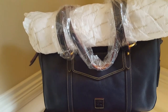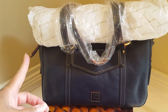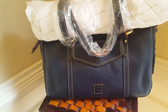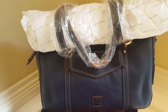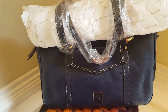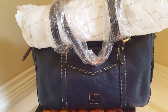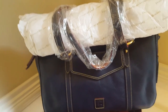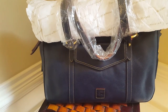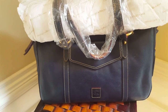And I'm also a firm believer that of all of the things that we pick up, especially for the cold weather months, you need a pair of navy boots and you need a navy handbag, because those are pieces that are so difficult, one, to find, and two, to craft really well, that those are things that to me are timeless. Now, you already know I'm going to have red because that's my jam. I'm going to have red boots. I'm going to have a red pantsuit and a red sweater and all of those things. But just your classic black and white, which my grandmother would have called your usher board uniform, and classic navy,